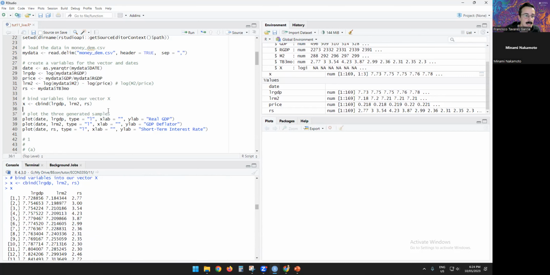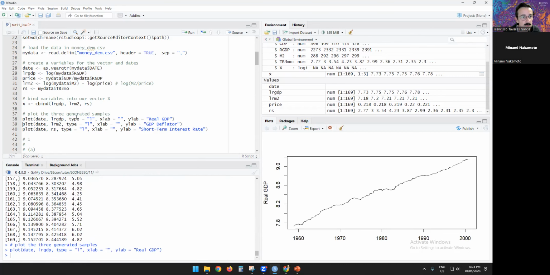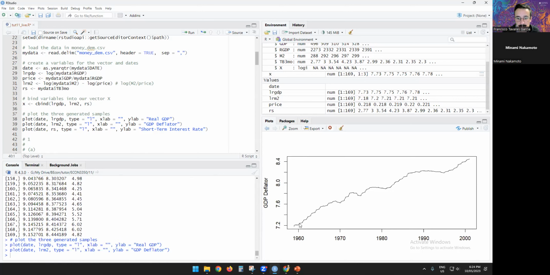Now let's plot our variables. First, we have real GDP. You can see it growing, but it looks like a small number because we took the log, kind of growing in a straight line. Then we'll have our GDP deflator, which is kind of a type of price, I said inflation, but it's more like a price index, I think would be a better way of explaining it. So also kind of grows in a straight line, not necessarily, but you can see,